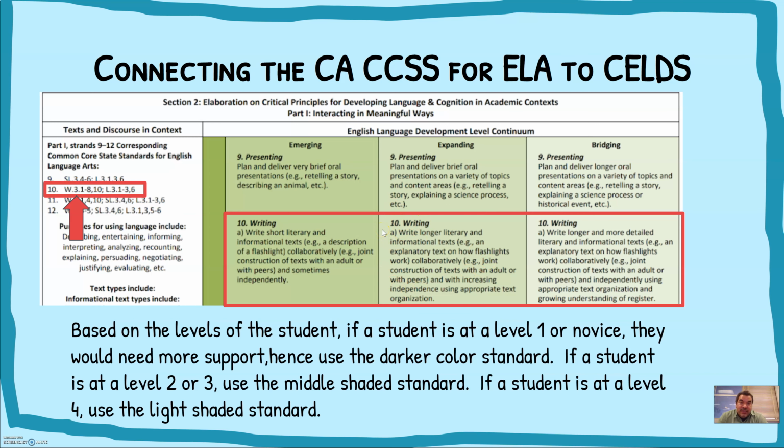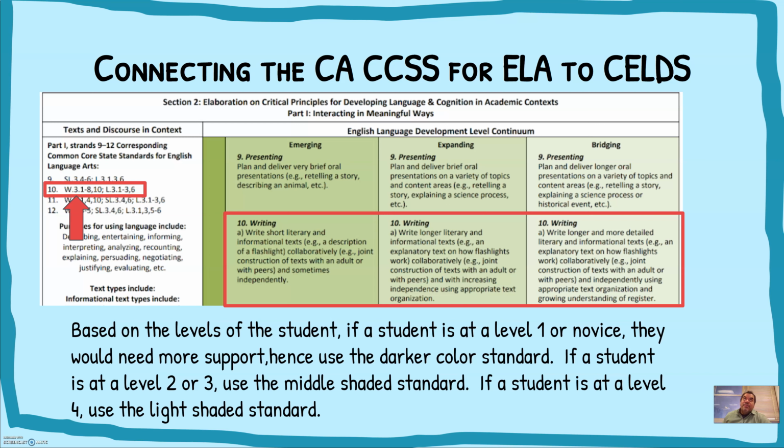So California ELD Standard 10 reads, write longer literary and informational text. For example, an explanatory text on how flashlights work. Collaboratively, for example, joint construction of text with an adult or with a peer, and with increasing independence using appropriate text organization. Reading the standard, I think to myself that the standard that you're working on in your ELA block,